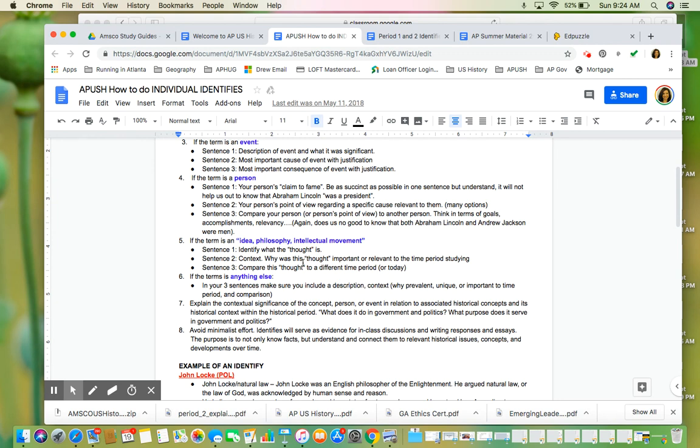Why was this thought, idea, or movement important at the time, and compare this thought to something in a different time period. It could even be modern. If it is anything else, if it's not an event, if it's not a person, if it's not an idea, philosophy, or intellectual movement, in 3 sentences, you will include a description, context, why it's relevant, and then you can do a 3rd sentence about